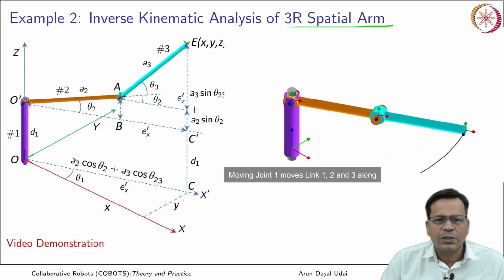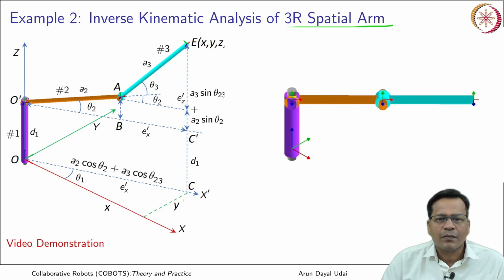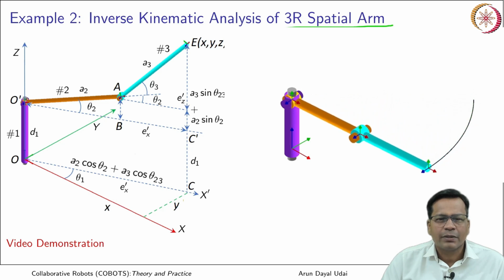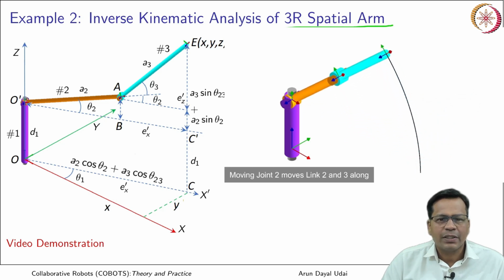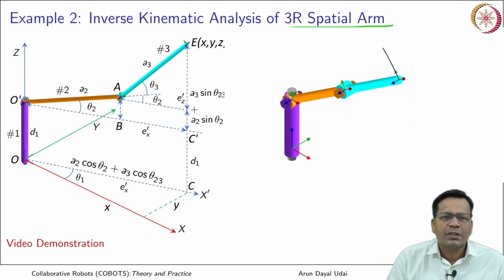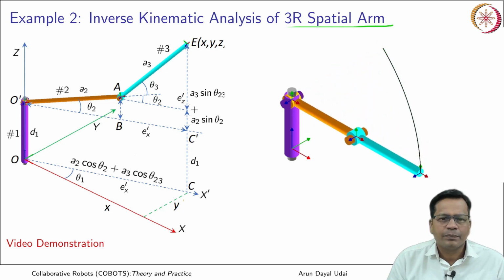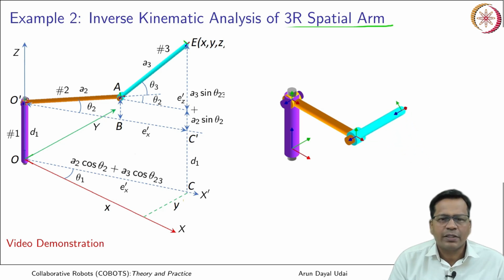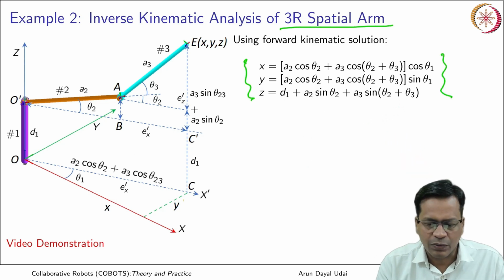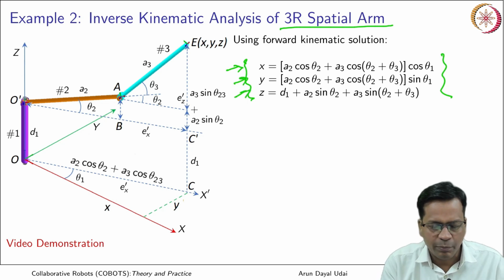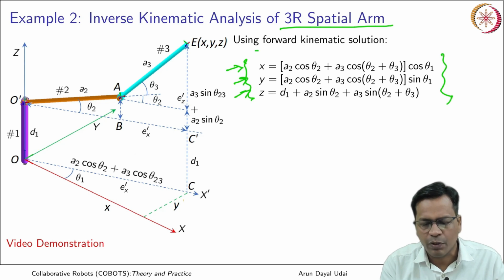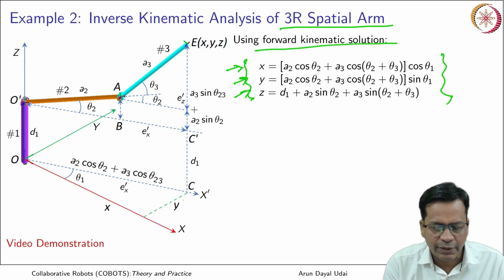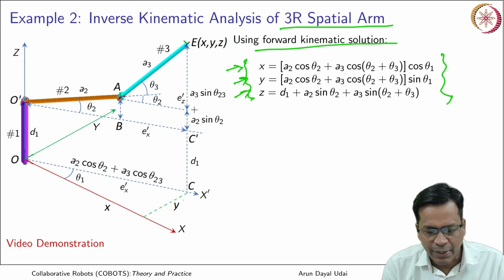Okay. So, this is the first joint which is moving. Okay. It is coming back. This is the second joint. Okay. This axis of motion is parallel to the ground plane, and the final one is again an axis which is parallel to the ground plane, that is for the joint angle 3. Okay, third joint. So, yes, this is x, this is y, this is z. I can obtain them directly using trigonometric projections also, but I have just copied it from the forward kinematic solution. So, you can check it. So, this is what x is here.